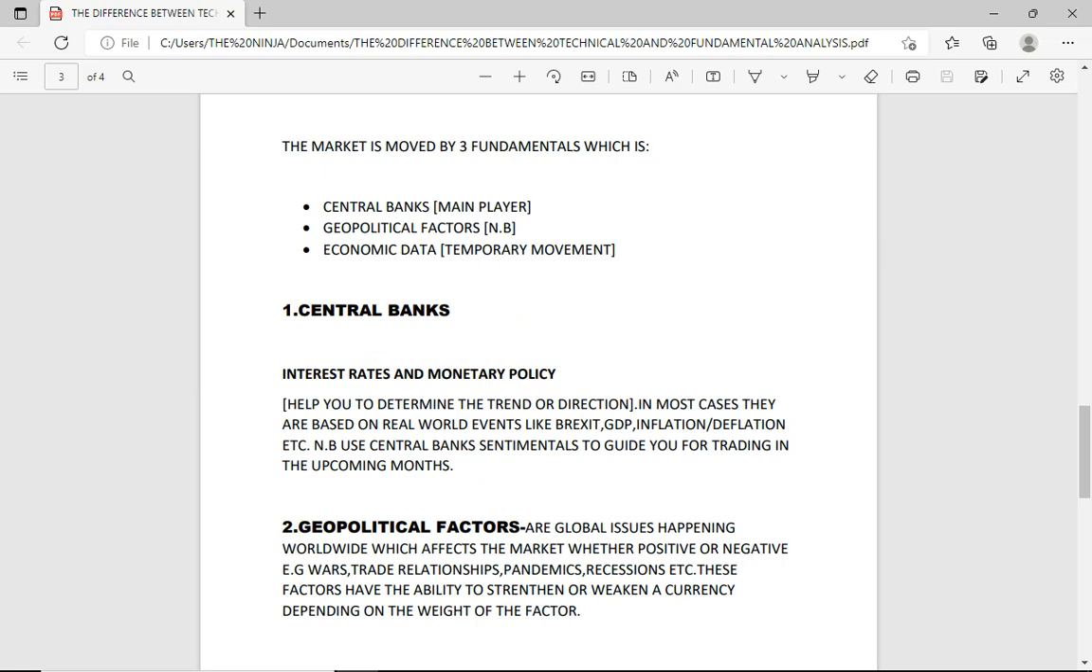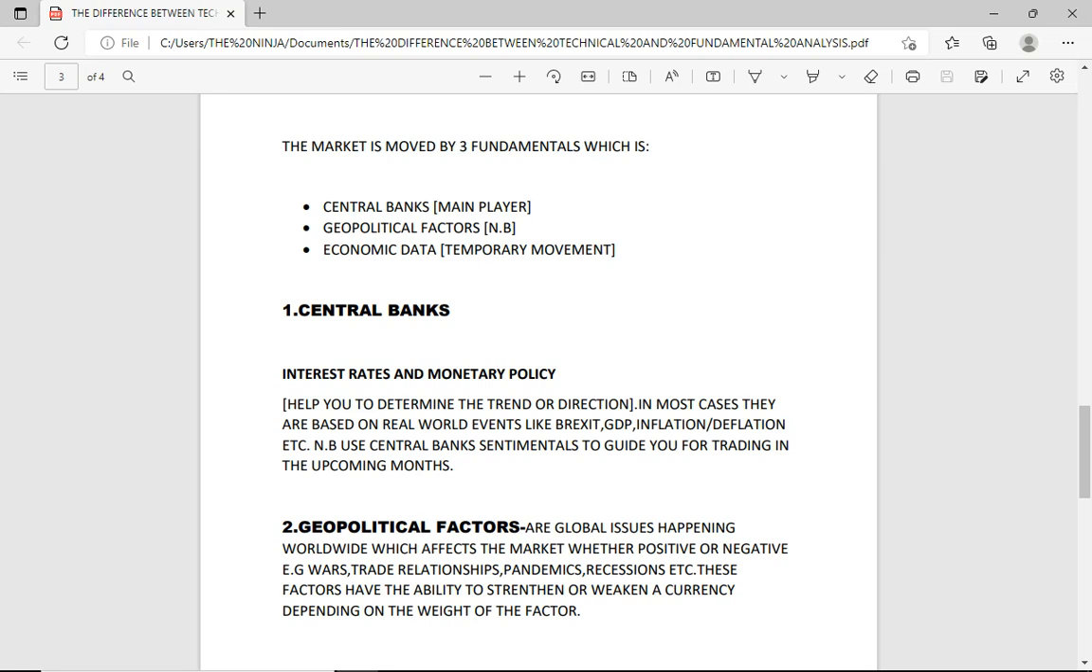So central banks, it's interest rates and monetary policies. These help you to determine the trend or the direction. In most cases, they are based on real-world events like BRICS, GDP, inflation, deflation, etc. So interest rates and monetary policies are just easy things. GDP is the gross domestic product of a country, then inflation of a country, deflation of a country. Then we have